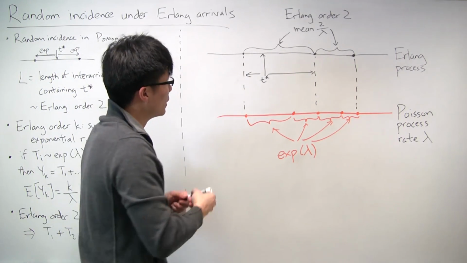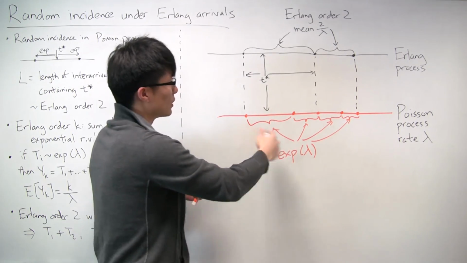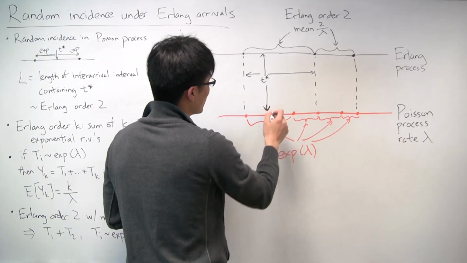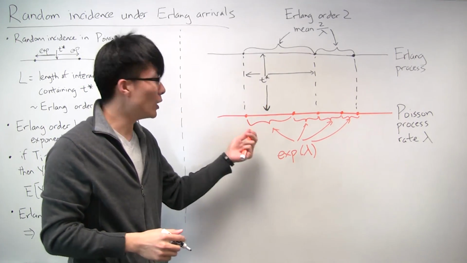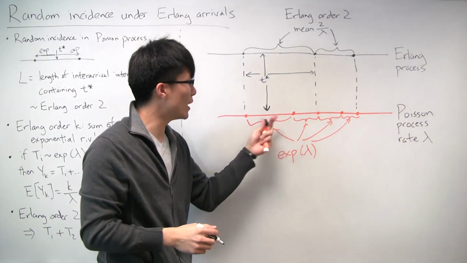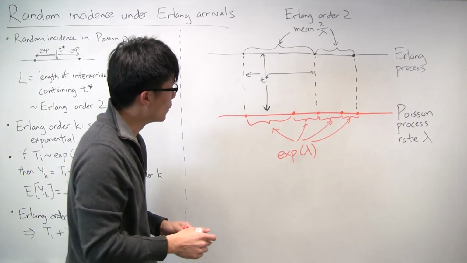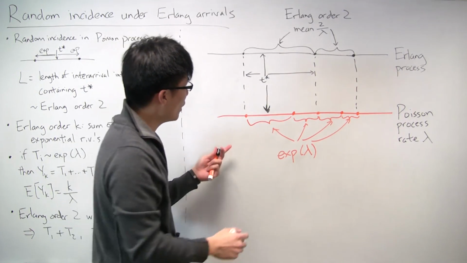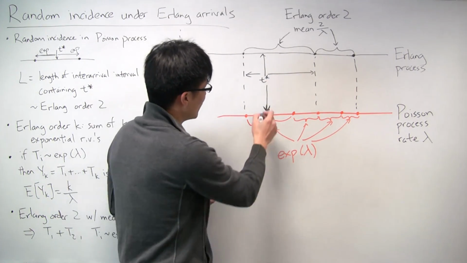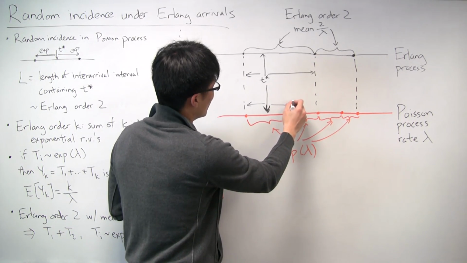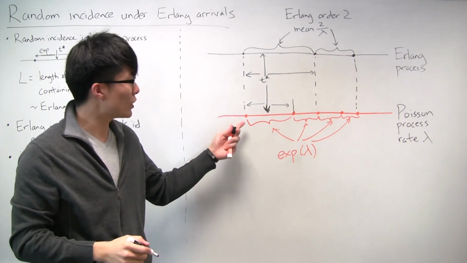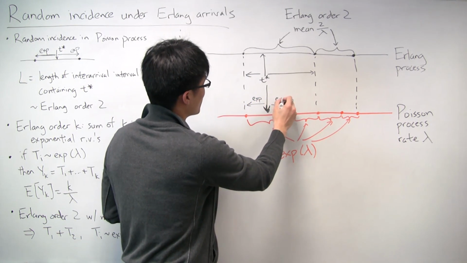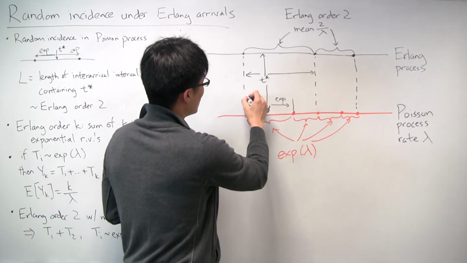Well, what we can do is take it down to the level of this Poisson process and look at it from there. We do that because for a Poisson process, we know about random incidence, and we know how to deal with Poisson processes. So let's think about this now. Well, t star is here, and what we know from random incidence for Poisson process is that the length of this inter-arrival interval for the Poisson process is an exponential plus an exponential. So combined, this is